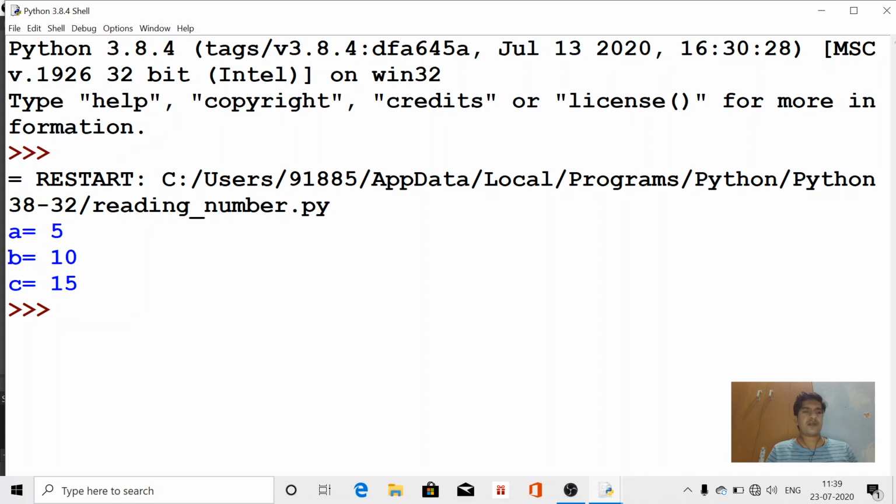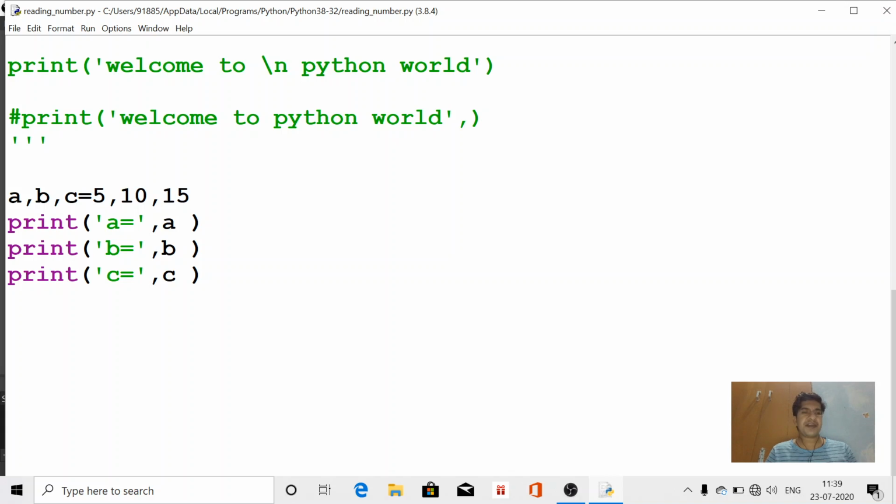If you want to print the output in a single line, then you have to use the end argument. You have to use the end argument at the last. End equal to here.